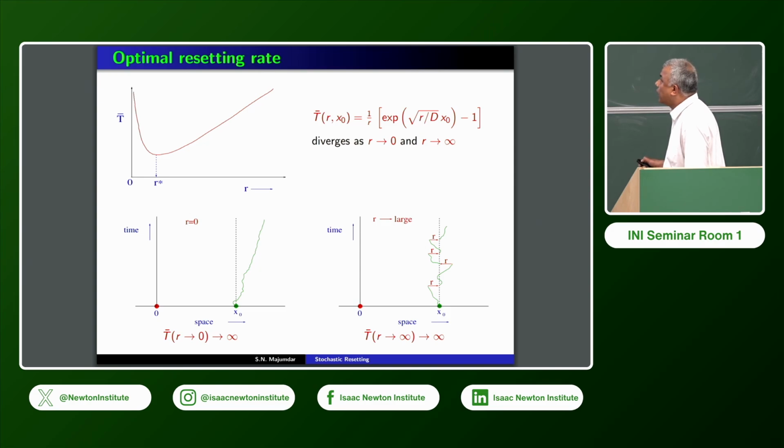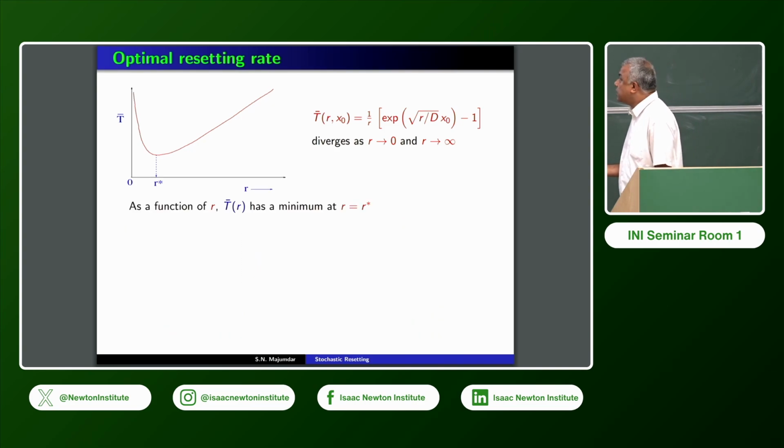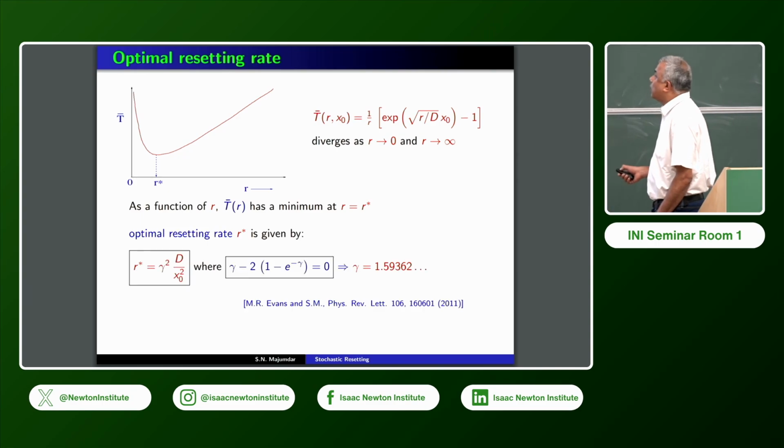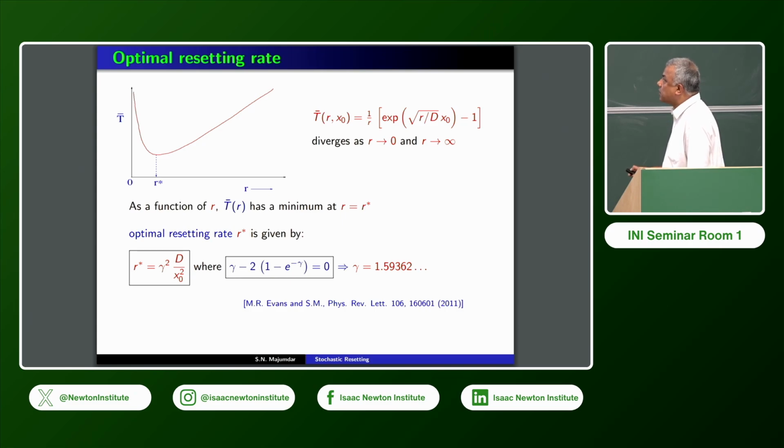and again, you miss the target, and therefore it diverges on this end also. And in fact, if you plot this function, what you find is that there is a unique minimum at some R equal to R star, which you can find just by taking the derivative and setting it to 0. So what it says is that not only is the mean first passage time finite, but there is even an optimal value of the resetting rate R star for a fixed position x0 that minimizes